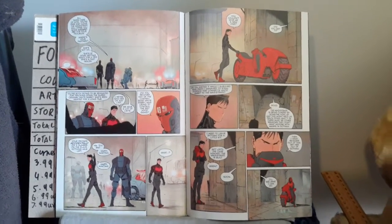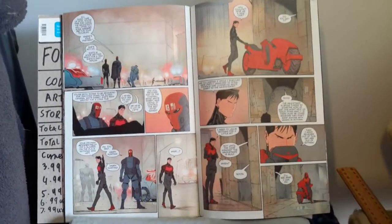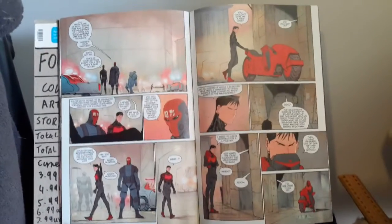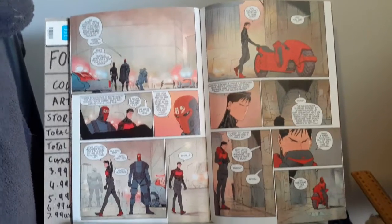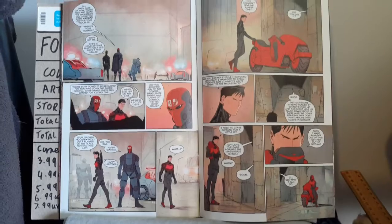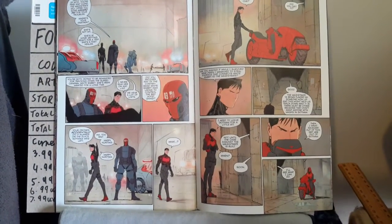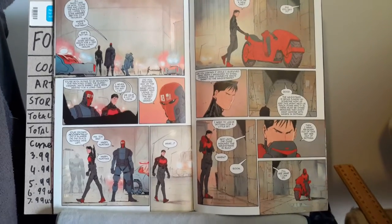Alright, as you can see, the art in this was pretty consistent, and it stayed consistent, and it really worked well with the story. To which I gave the art 7 out of 10, to which I believe it's worth $1.50. As for the story itself,